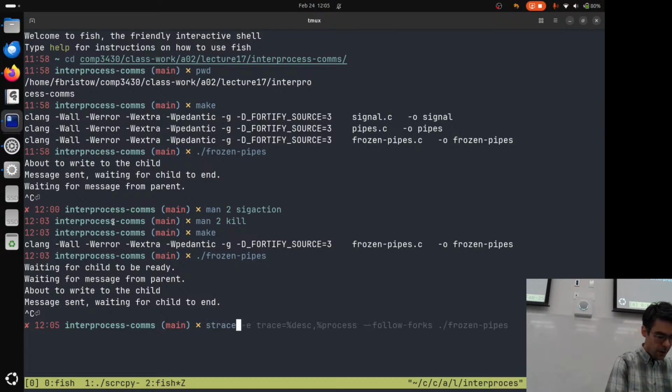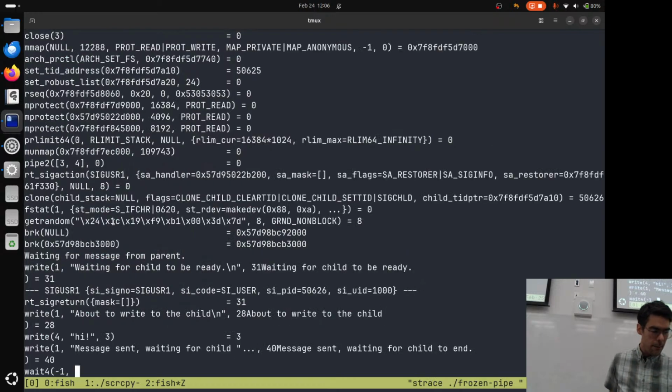You can run this on Aviary. By default, I'm going to run strace with frozen pipes. So we run strace, and then we pass it the program that we want it to run and intercept all the system calls for and print stuff out for us. When I press enter here, we see all that ton of output that we had seen before the first couple times that we worked on this.